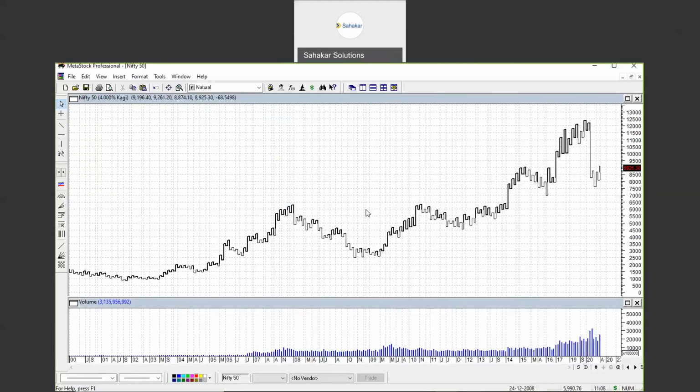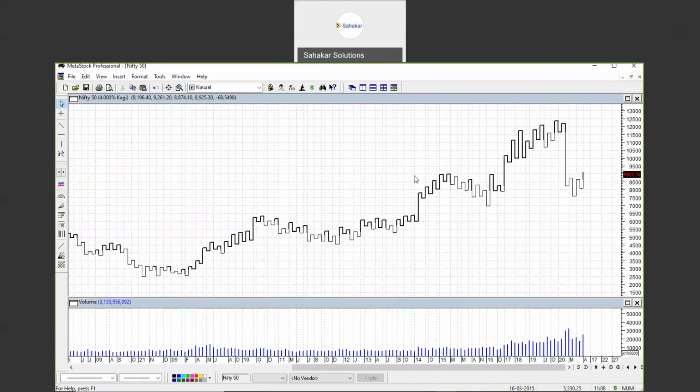The making of the chart is somewhat different, and when the trend changes, you can see that the line turns from light to thick. That indicates a trend change. You will see here, the line is very light, and again it started to thicken, again thick, thick, thick, like that. Also, this way the trend change can be anticipated.